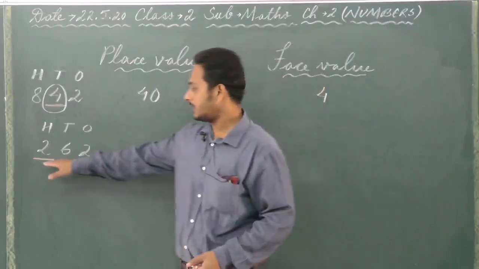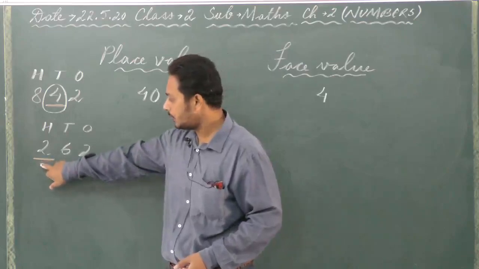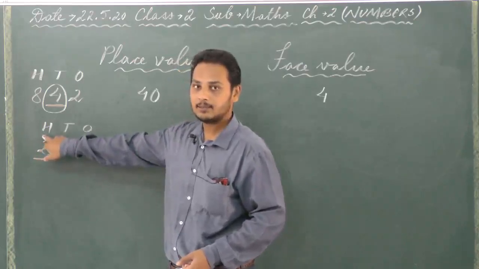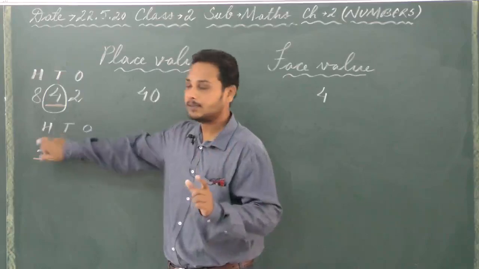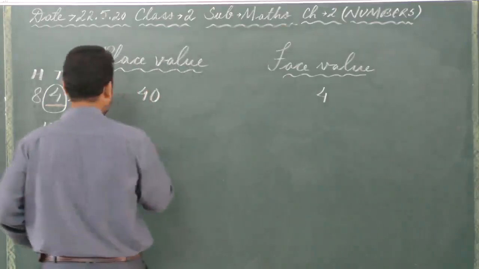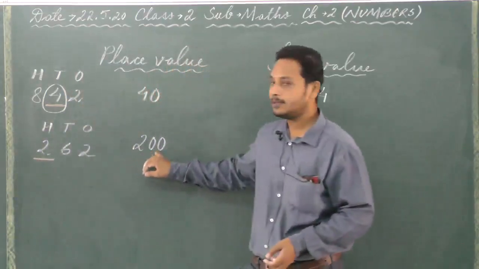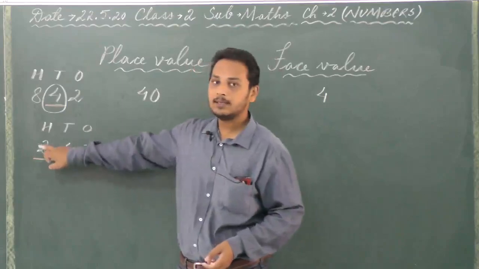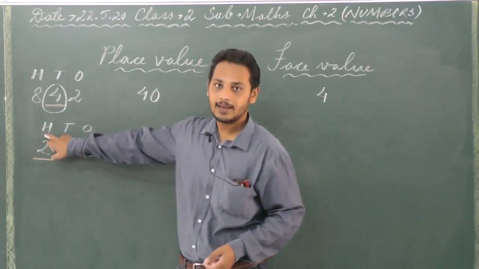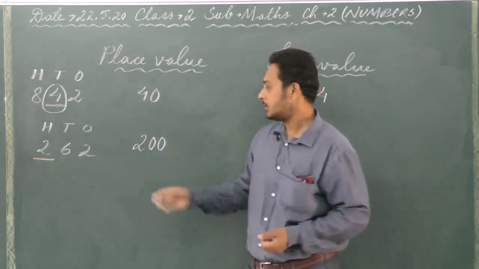Okay, so the next number here is 262. I have underlined a 2 that is in the hundreds place. Okay, which place? Hundreds. So what is the place value of 2? That will be 200. Why did I write 200 here? Because 2 is in the hundreds place, and as you know, in 100 we add 2 zeros, so it becomes